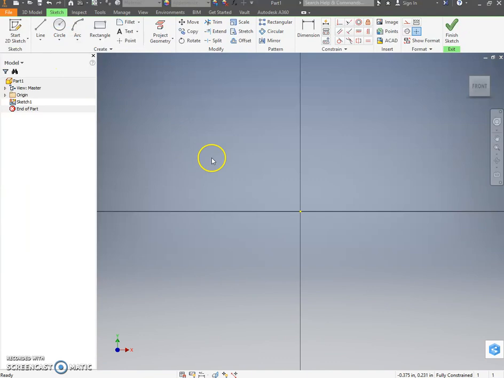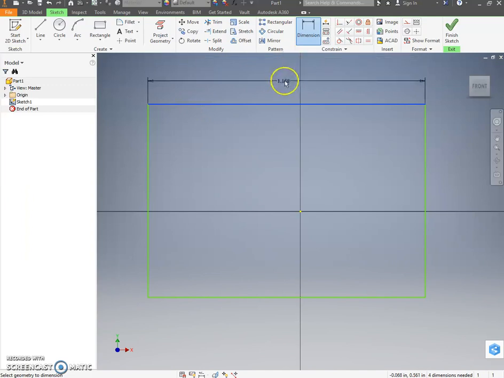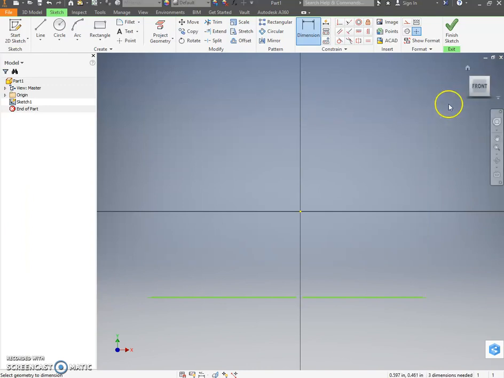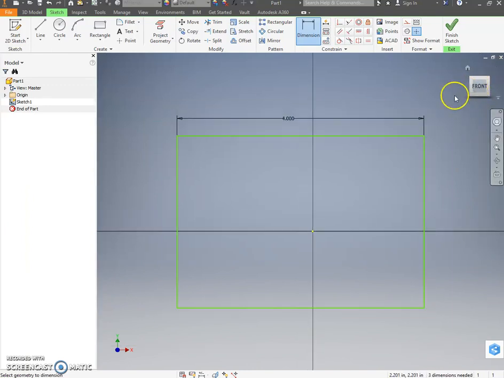So say that you're going to make a keychain. What you want to do is draw the outside shape first. So say that you pick a rectangle. If you click anywhere else, you can then dimension that rectangle so it's exactly the size that you want by hitting dimension, clicking on the line, and making it the size that you desire. If you hit the front view, it'll zoom out for you. And you can continue dimensioning